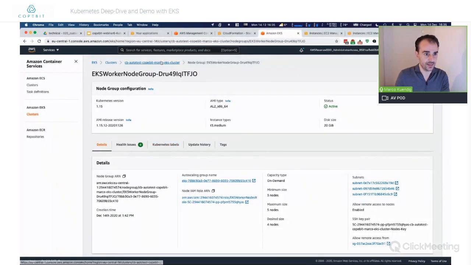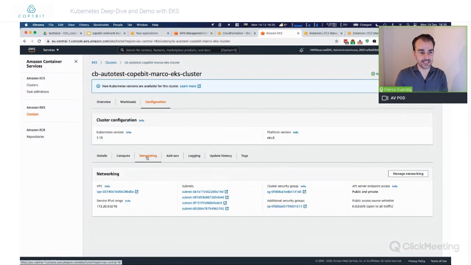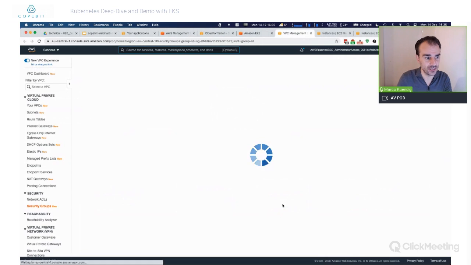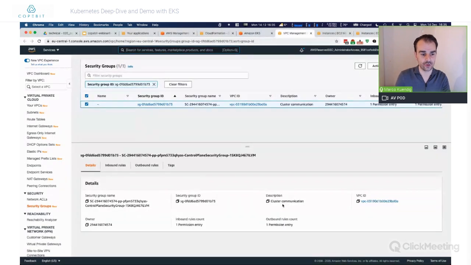Then, let's go back to the networking side. You have seen before the subnets that I have chosen. These subnets are private subnets plus something to connect to the control plane. And here I have made my control plane public because it's easier to reach it. But in an enterprise environment, you probably will have that in private mode, fully locked down, with a closed security group, and you can even use classic security groups to control the reachability of that cluster